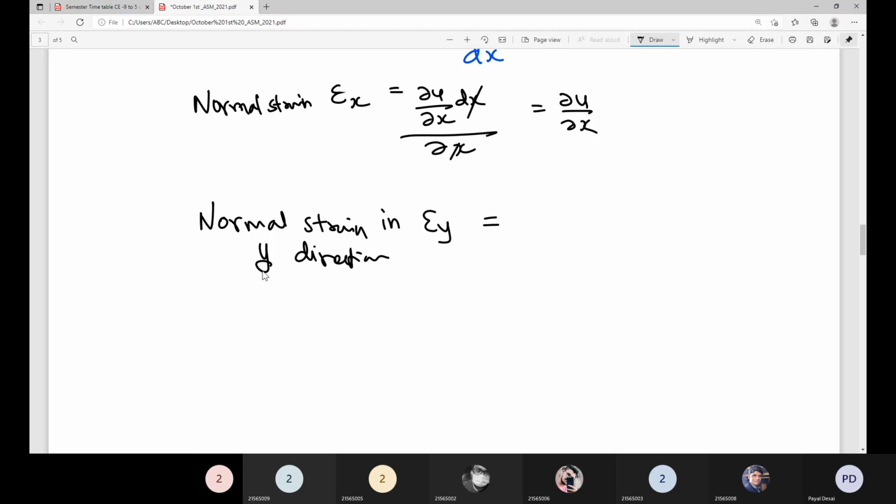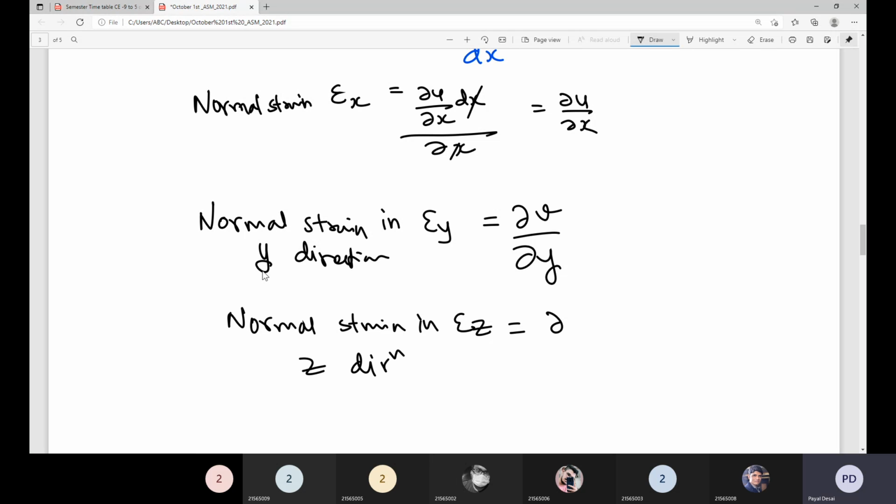Del u by del y. Del V by del Y. Yes, very good. Del V by del Y. And normal strain in Z direction. So it is del W by del Z. So three normal